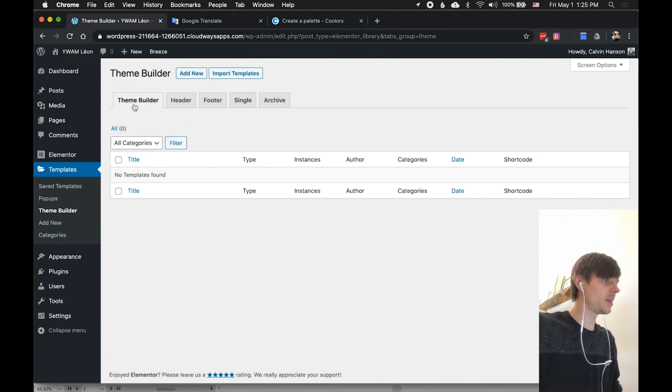So under theme builder, we see that there are these categories which we'll go into little by little so you understand how they work. But essentially what this allows you to do is build a theme. So you don't have to install Divi, you don't have to install the X theme, or what was the other, Enfold. If you've worked with WordPress before, you know the pains of having a theme. So basically, when you have the Hello Elementor theme, like we installed in the last video,